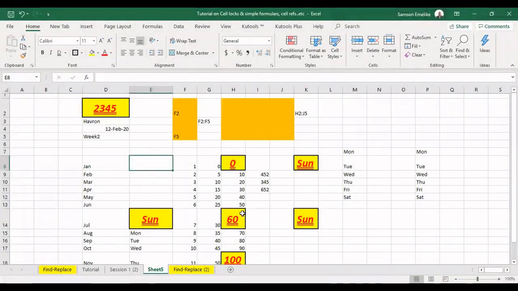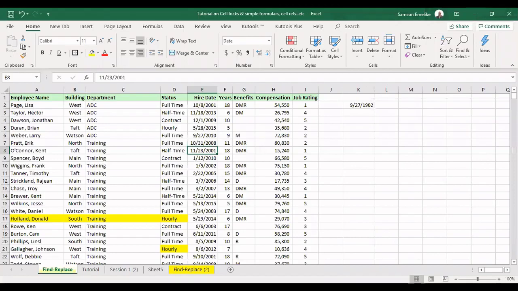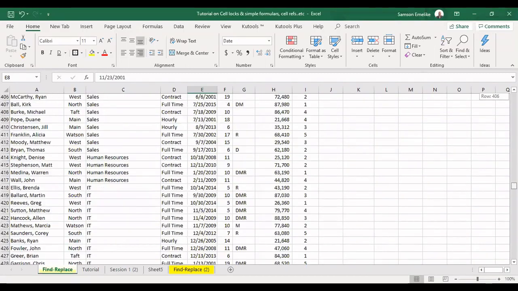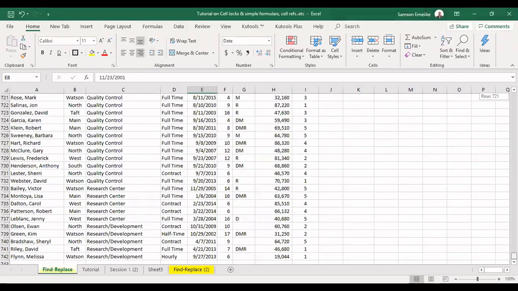All right. So the next thing I want to discuss here is a feature called find and replace. We usually teach this at our Excel basic level in our tutorial. All right, so I'm going to open this sheet. Now, assuming you are managing this kind of database, and although this is not really much, just about 740 or thereabouts